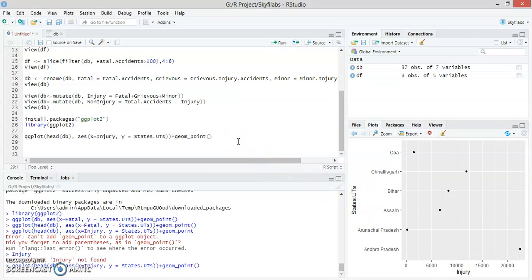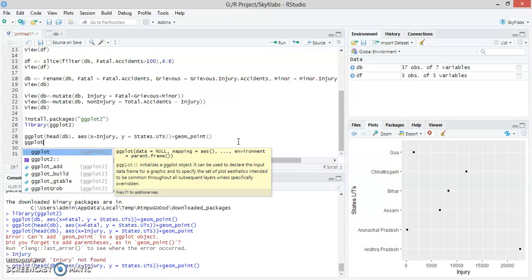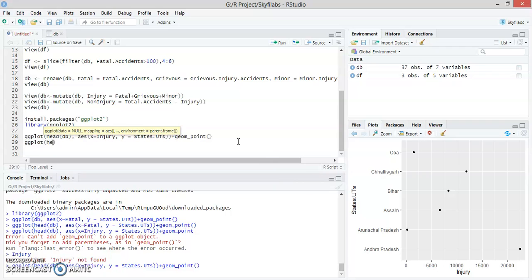Now I am going to plot a graph with ggplot. I am choosing the head only so that a smaller amount of data is there. DB, now aes, x equal to non-injury. Sorry, aes is there, not ase.